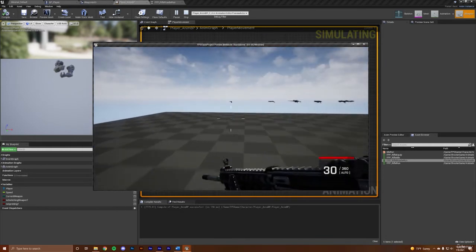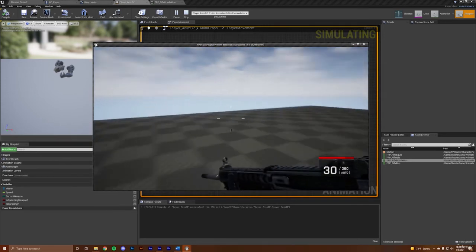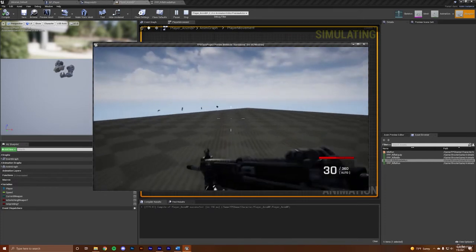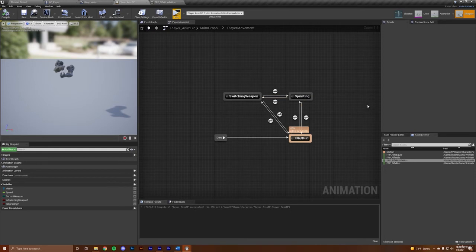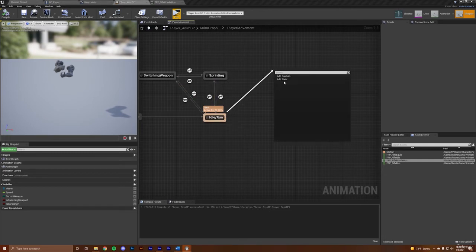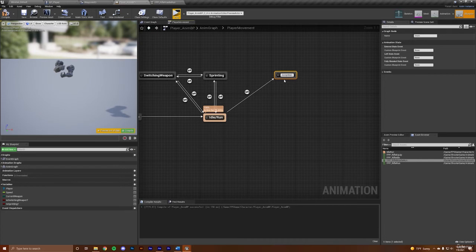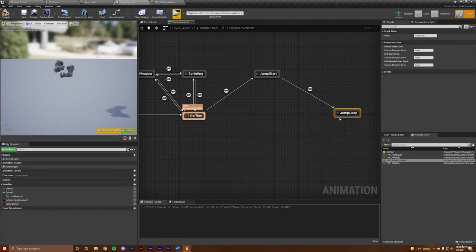There we go. The only other thing we don't have is jumping animations, so we're just running through the air. This video isn't too long, so let's just go ahead and add the jumping animations right now, so we don't look stupid. Let's create some new states. Add a state, and we'll call this jump start. Another state, jump loop, and then a final one, jump end. There we go. And these, unlike the other ones, they're not moving